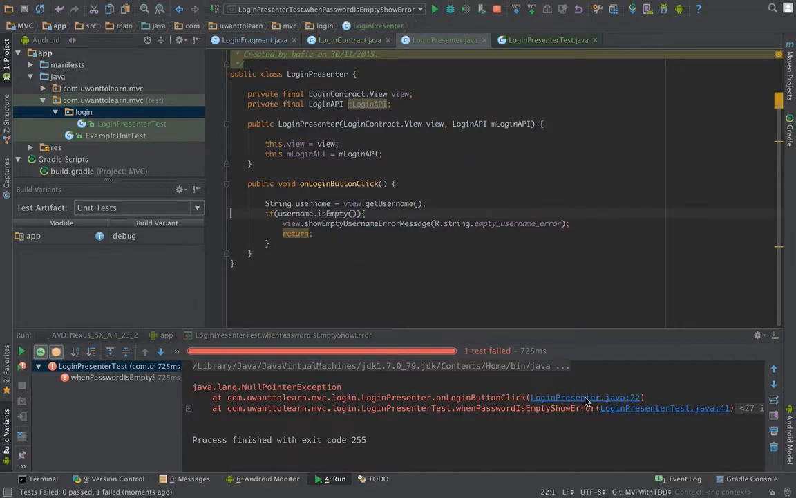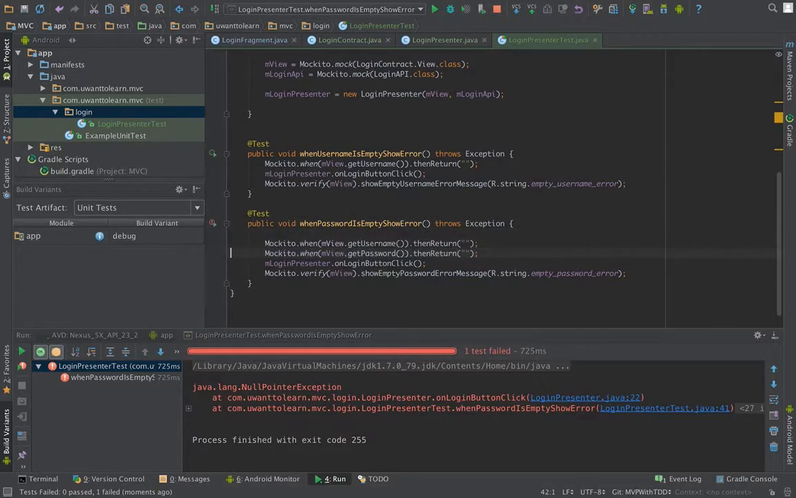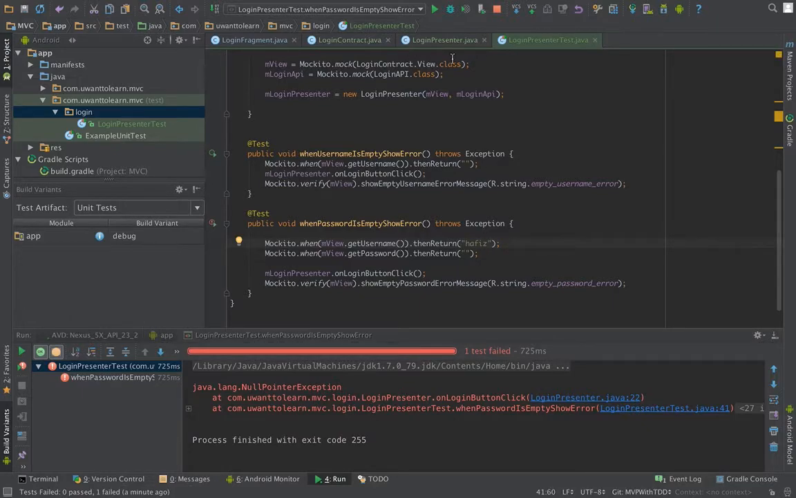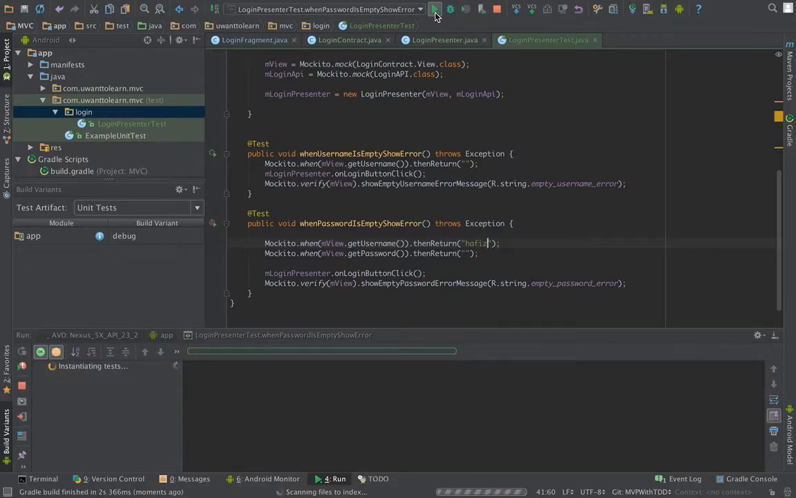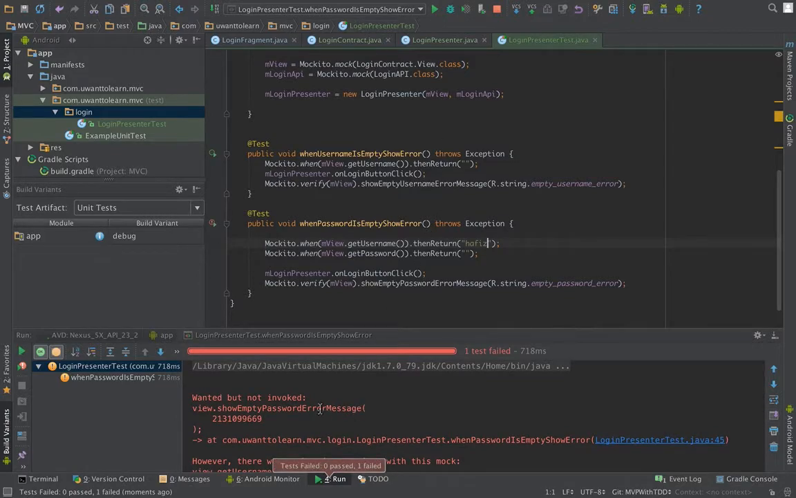because, wow, I need also a username because our previous logic will be broken down. So what I need, the same thing, Mockito.when, and this time I'm not sending the username empty because I want to pass this condition. Again run, and this time it is saying okay, I'm invoking the empty message but I'm not calling it, so it's time to go